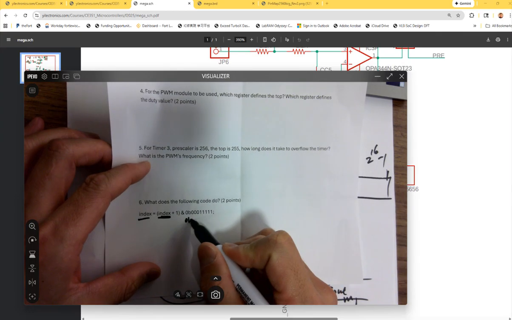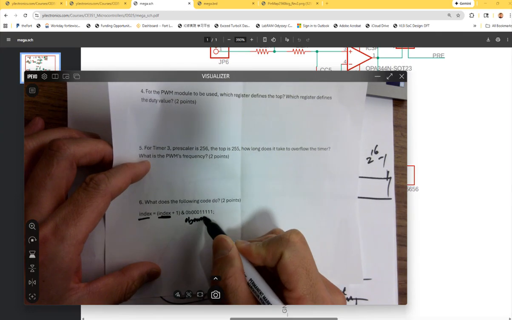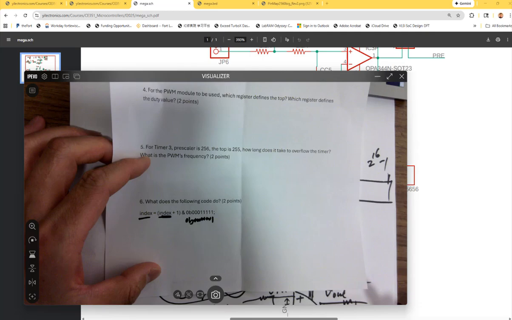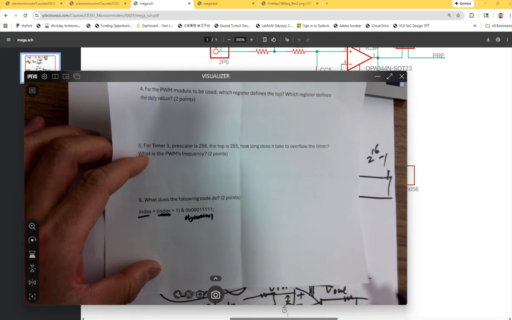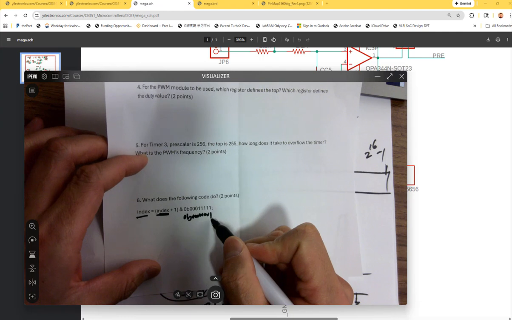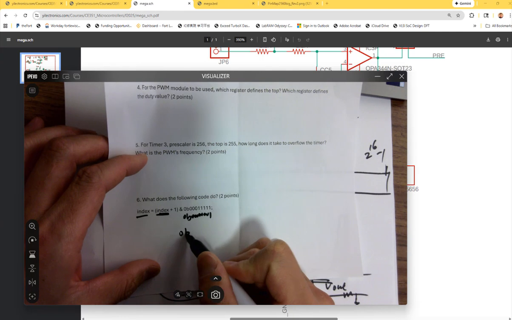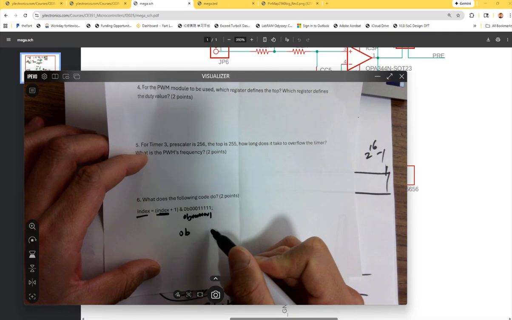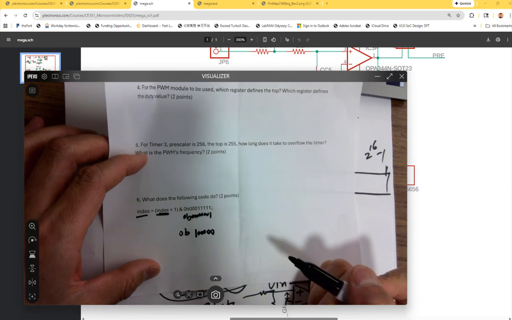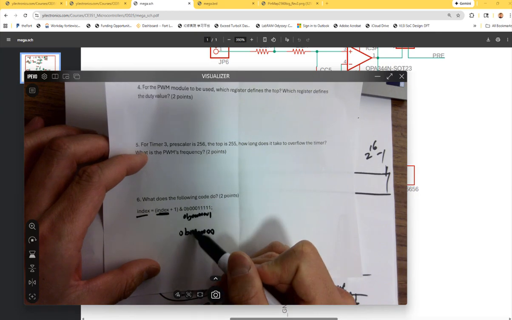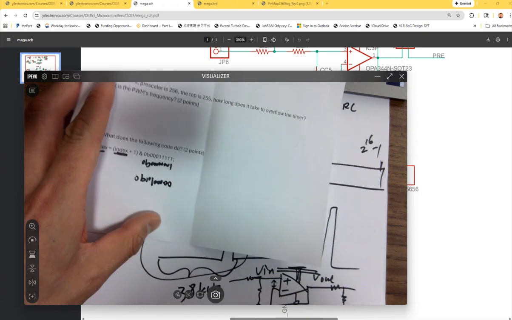You start getting 0b00000001, like that. So this must keep going until what? 0b000001, 0, 0, right? Because in this case,